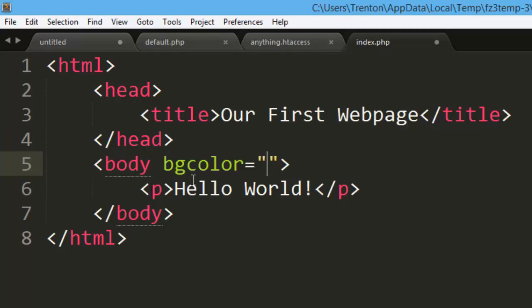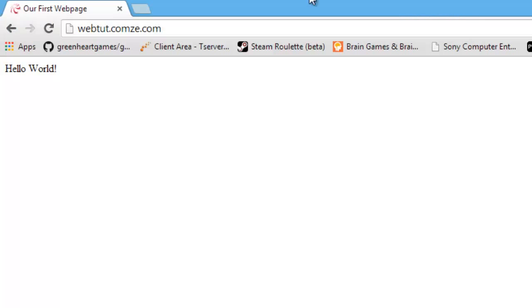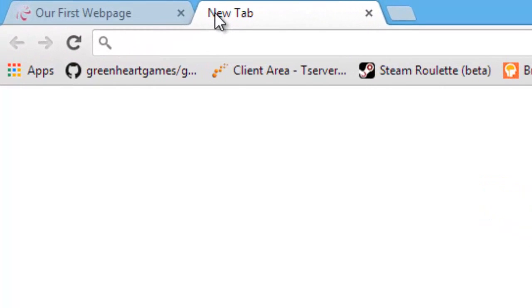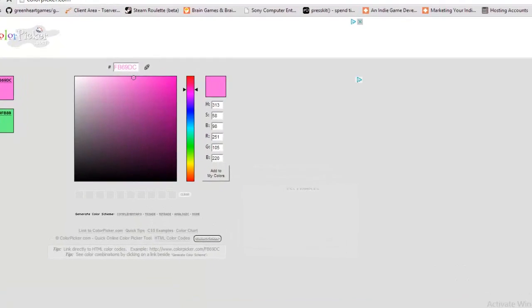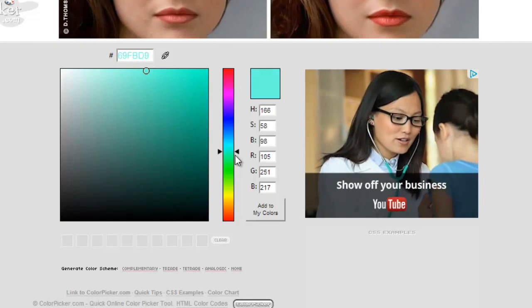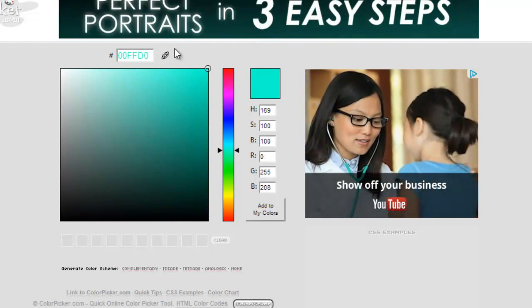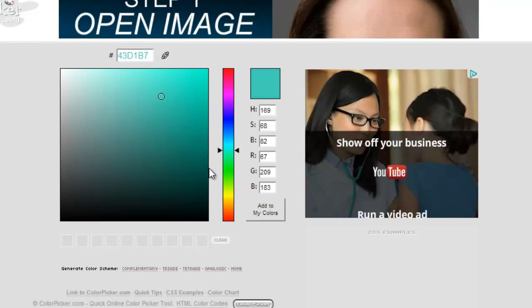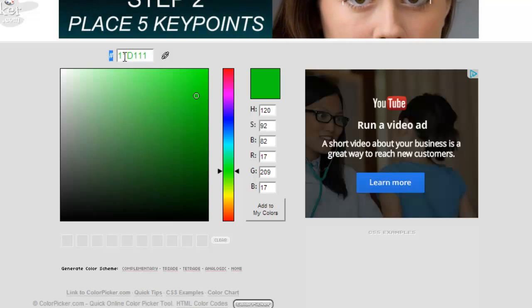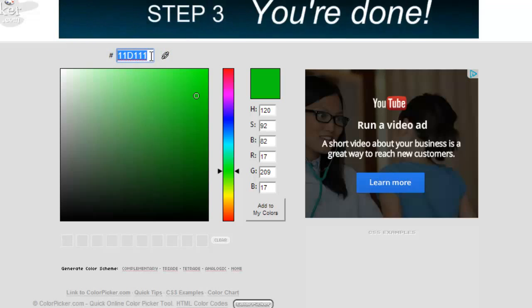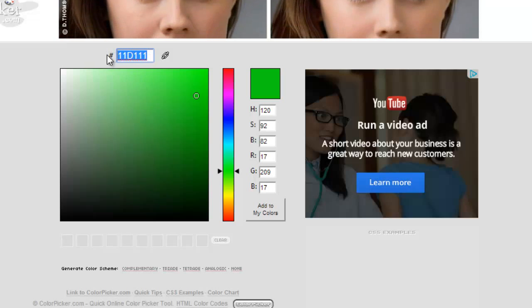And inside those quotation marks, we'll set a color. Now, colors are set by hexadecimal colors, so it's a hashtag or a pound sign, whatever you want to call it, and then a hexadecimal value for a color. If you're not familiar with it, you can just use a website like colorpicker.com, and then that will allow you to pick your color. So we'll pick this nice color of blue, or we'll just, that color of orange looks ugly. You can see it gives us a pound sign or hashtag, and then it's probably called a pound sign actually, so we'll call it a pound sign. So pound sign, and then